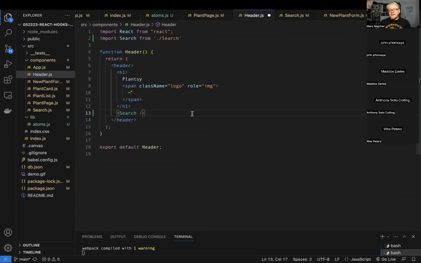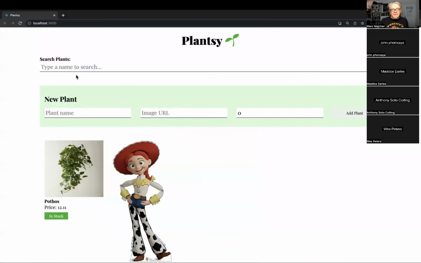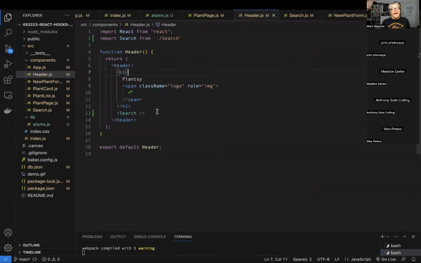I don't need to rewire it. I don't need to make sure that the header and the plant list have a common parent. I don't need to bring all of those props and make sure they're passing the right thing to the right thing and passing the right callback to the right callback. I can just move that search bar up there. And it works without rewiring. And if your app is more complicated than this, that is going to be huge, because